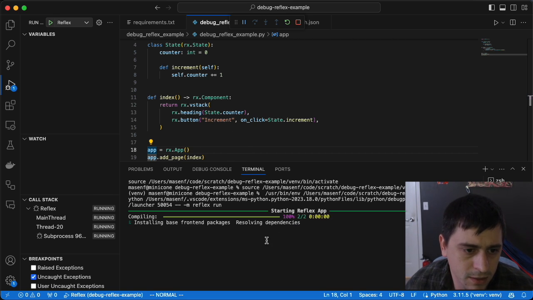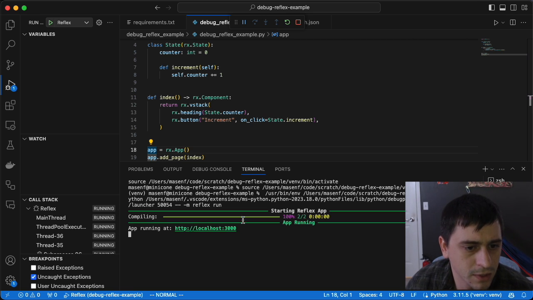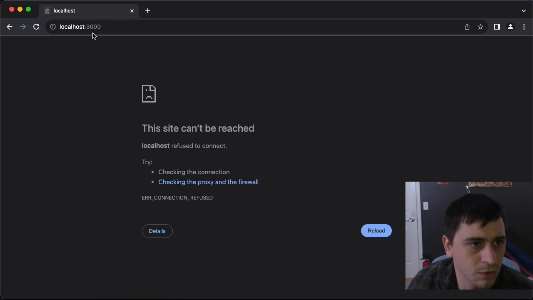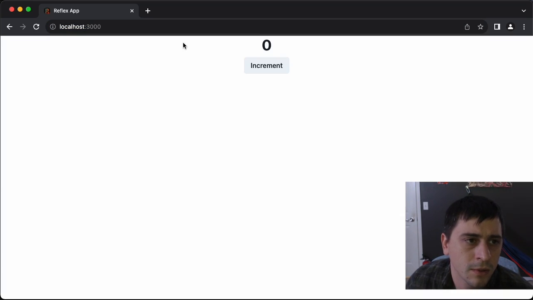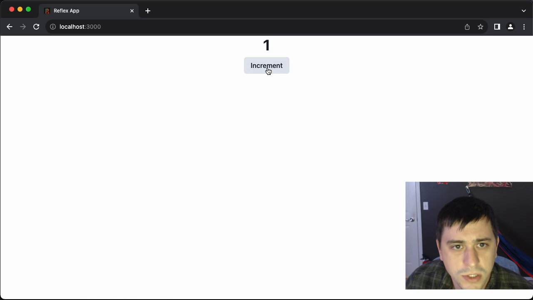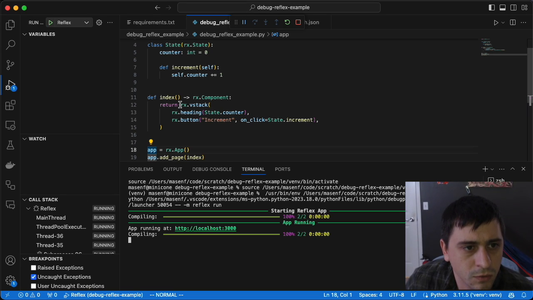And it'll take a second to compile and install the front-end dependencies. Once that's ready, we should be able to open it up in Chrome at localhost 3000. And clicking this button should increment the count. Okay, excellent. So going back to VS Code, we'll drop a breakpoint here on line 8 so that we get